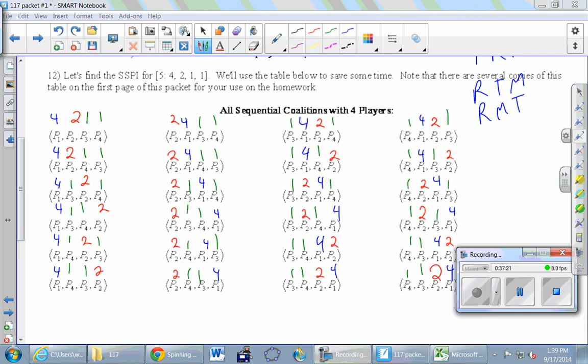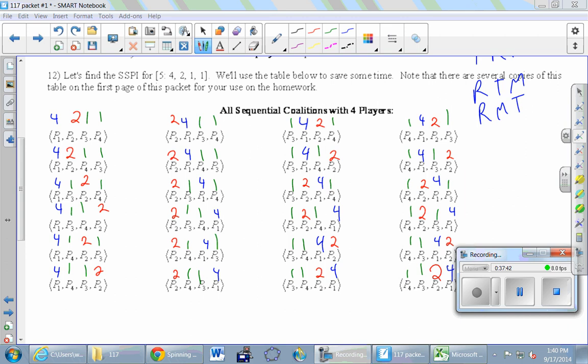Okay, so let me just say that as you fill all those numbers in, I think it's better to put 4s on all the P1s first, as opposed to going each coalition in order. I think it takes more time to go each coalition in order. So I find all the P1s, I put 4s on all of them, and then I put 2s on all the P2s. Do it however you want.